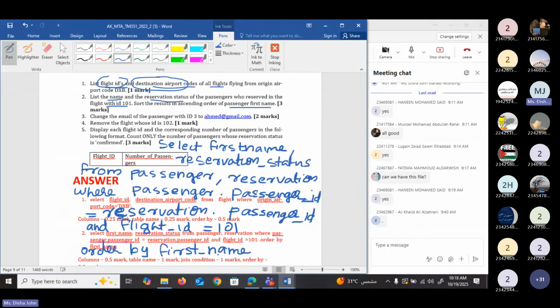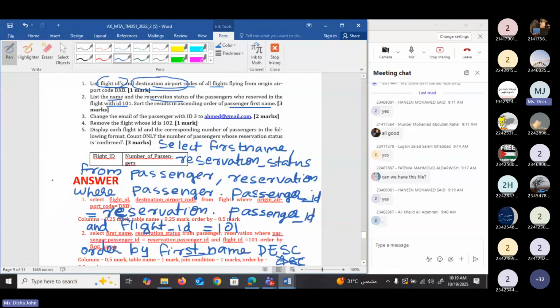What you asked: if it was in descending order, not ascending order. So here after order by, we wrote first name, and then you need to specify the order, DESC. That means it will be arranged in descending order. By default, it will be arranged in ascending order. That's why we didn't write the name of the order. If you want, you can write ASC, but there is no need because it is the default order. So even if you do not write it, the rows will be in ascending order. Clear? Okay, thank you.